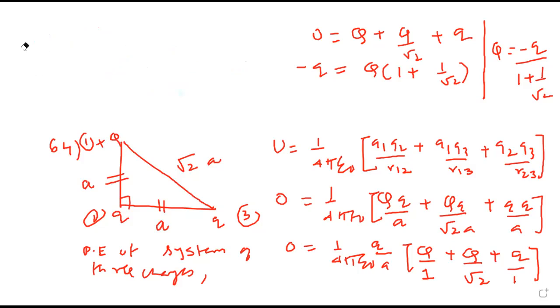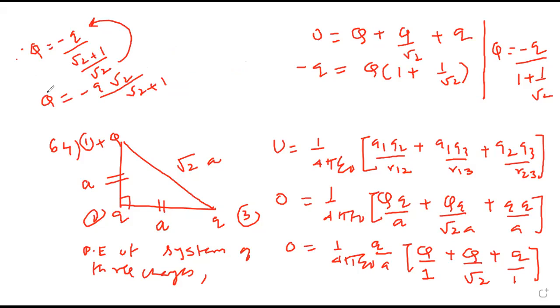Here I'm writing the final. So we can say therefore Q is minus q, root 2 plus 1 upon root 2. This root 2 will go up. So Q is minus q root 2 upon root 2 plus 1. If I multiply this by root 2 and divide by root 2, I will get Q equals minus 2 into small q upon root 2 into root 2, which is 2, plus root 2, which is option B. Everybody has followed this up? Yes, sir.